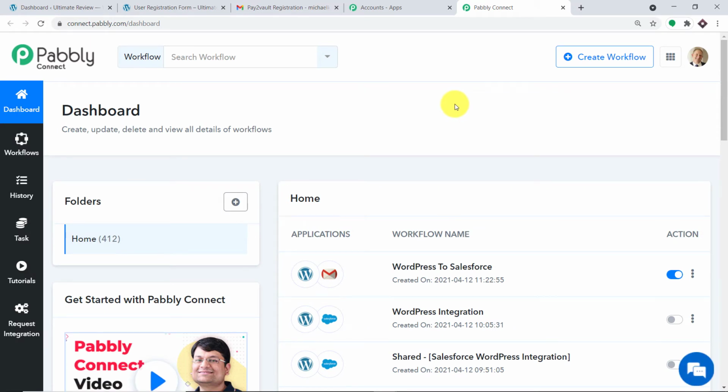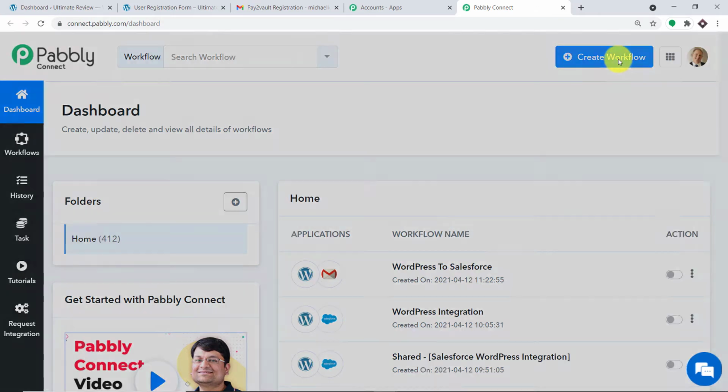Okay, so as you can see, I did make an integration, that is WordPress and Salesforce. Now this integration also has the integration of Gmail. It is actually none of your concern. I'm just going to toggle this so that I can switch this workflow off, otherwise we will get dual results. Okay, so it's none of your concern actually. It's something from my end. So let us begin from scratch.